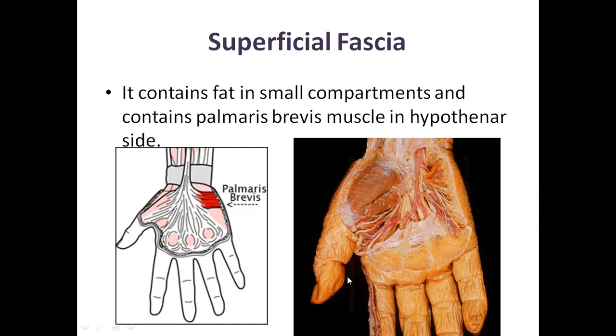Now you come across two names. When you look at your palm, there are two eminences. Towards the thumb region there is an eminence called the thenar eminence. You can remember T for thumb and T for thenar. Towards the little finger there is one more eminence, not as prominent as the thenar eminence, called the hypothenar eminence. Just below the skin, within this superficial fascia where a lot of fat is present, you will come across one small muscle during dissection, which is palmaris brevis.